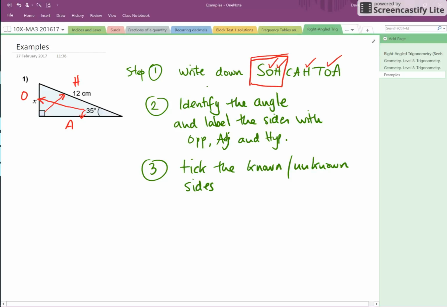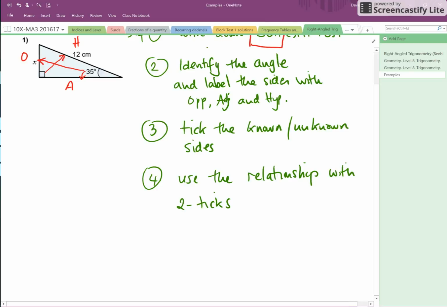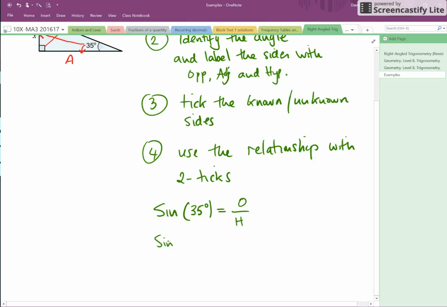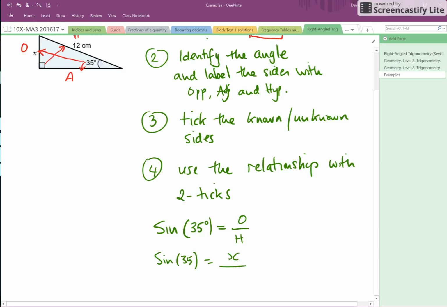So step 4 is use the relationship with 2 ticks. In this case, sine of the angle, 35 degrees, is equal to the opposite. Remember, sine is opposite over hypotenuse. So therefore we have the sine of 35 is the opposite, which is x, over the hypotenuse,